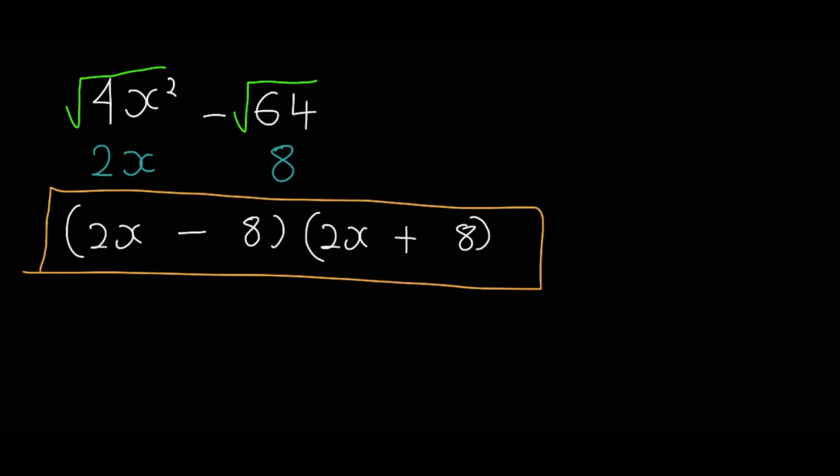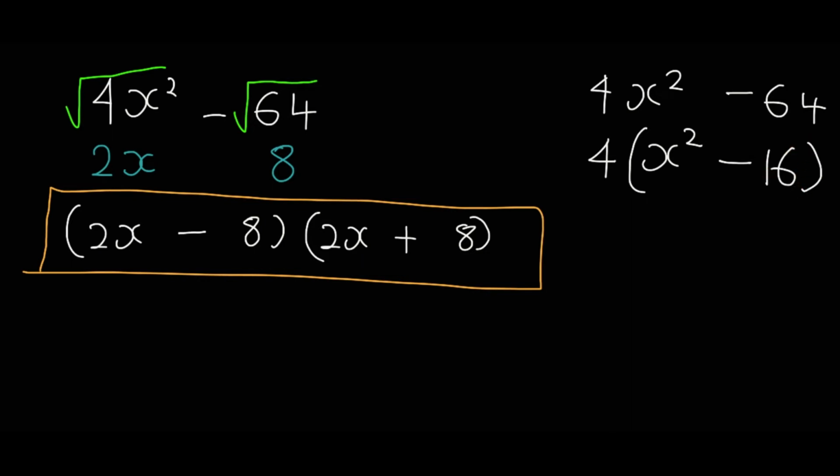And then this problem again, if you look closely, you can do it in this way, because we have 4x squared minus 64, you can notice that you have the highest common factor. So you can start by taking out the highest common factor. So when you take out the highest common factor, it means that we will have 4, because where we have 4, and then also where we have 4. So it means that the greatest common factor is 4, and then from there we will have x squared, and then 64 divided by 4 gives 16,